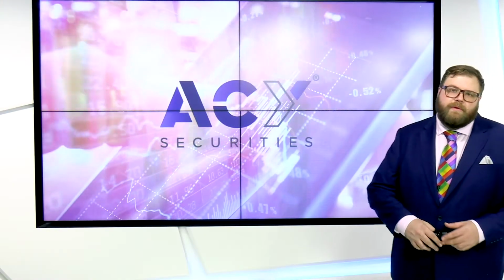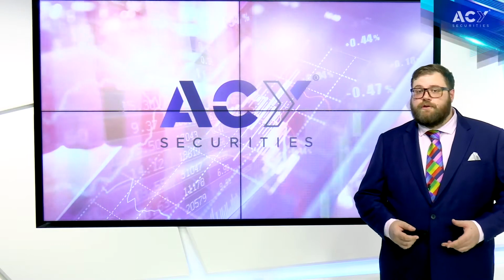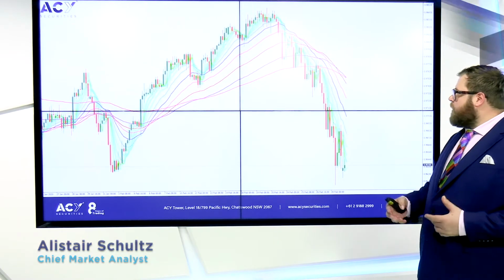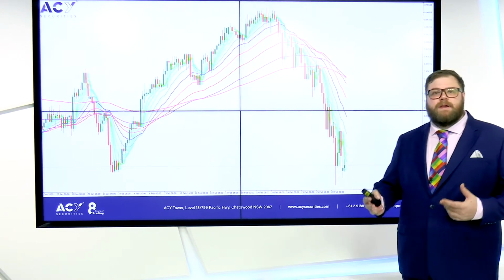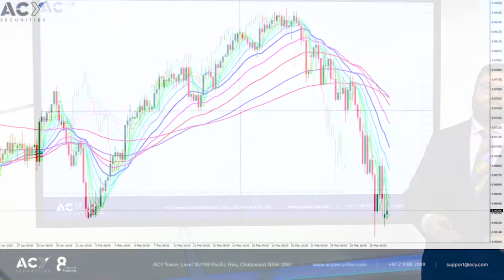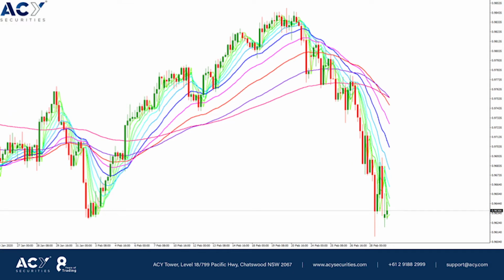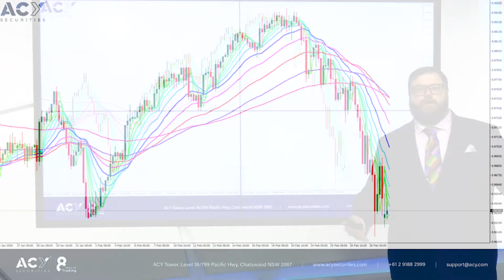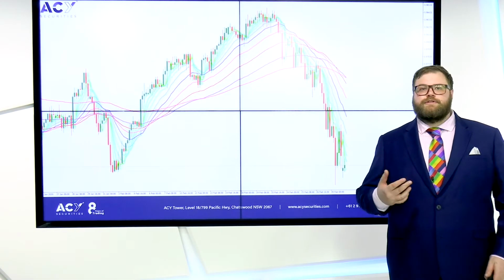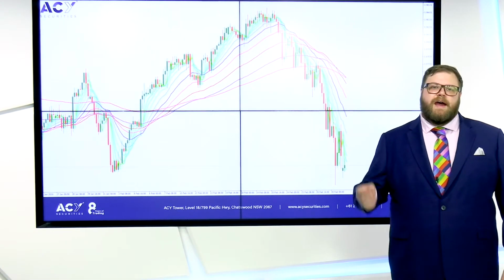In this tutorial, we're going to be looking at moving average crossovers and how we can use them in price. So the first thing I want to point out to you is this chart behind me has a whole series of moving average crossovers. All I've done is apply a whole series of different moving averages that go from fast to slow all the way through to identify and show you what I mean when I say a crossover of